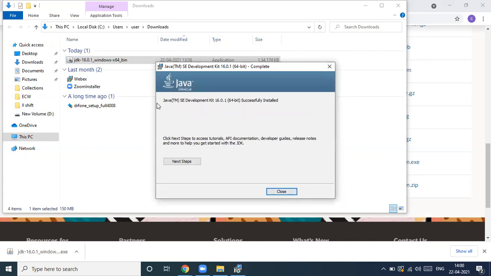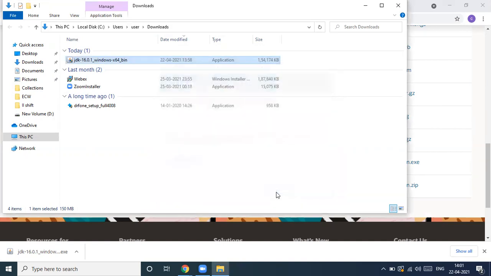You can see here, Java SE Development Kit 16 is successfully installed. That means Java is successfully installed on your machine. So this is a very simple process for you to download and install the Java software.